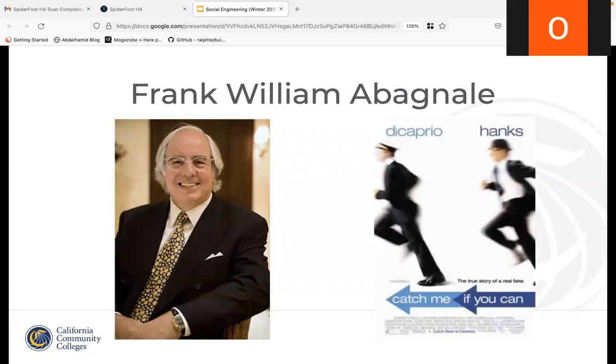All right, so next we have Frank William Abagnale. This social engineer was active during the 1960s, without the assistance of the internet or other digital conveniences that we have today that are primarily used to carry out attacks. Abagnale portrayed himself as a variety of imposters, and he used techniques that would build confidence with his victims.